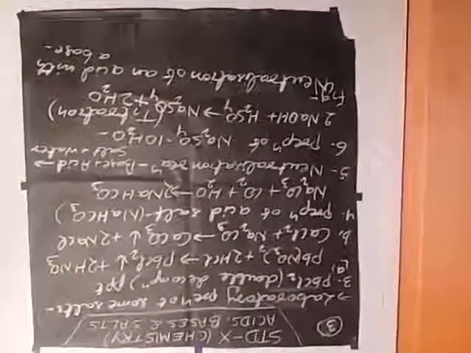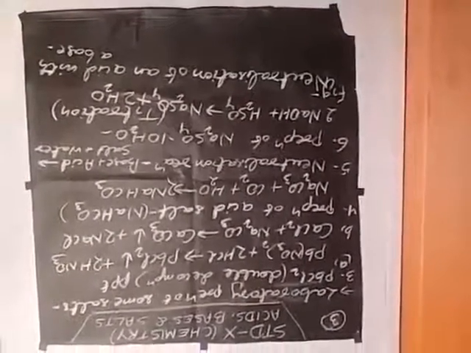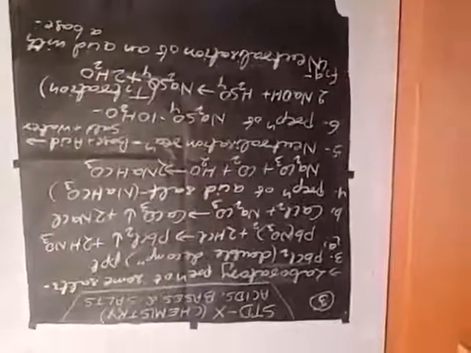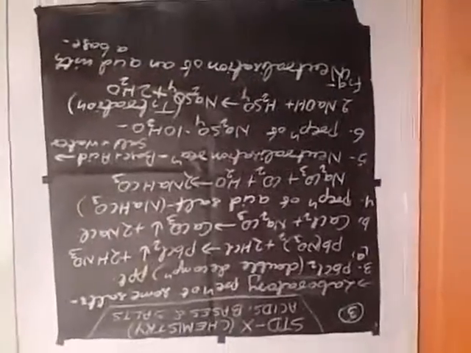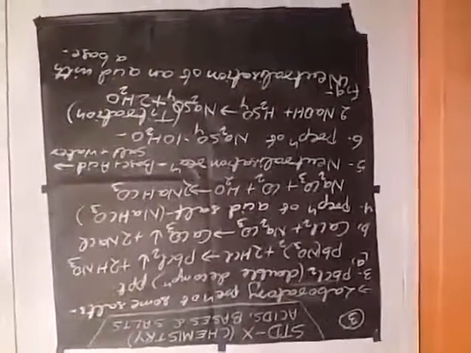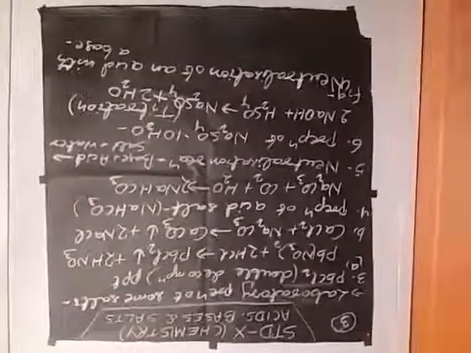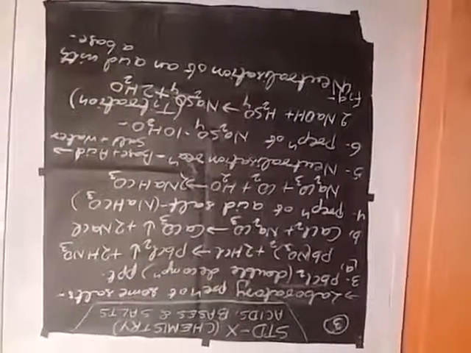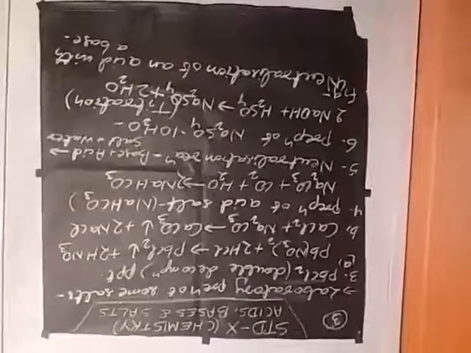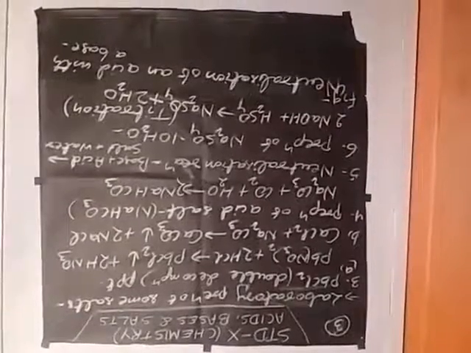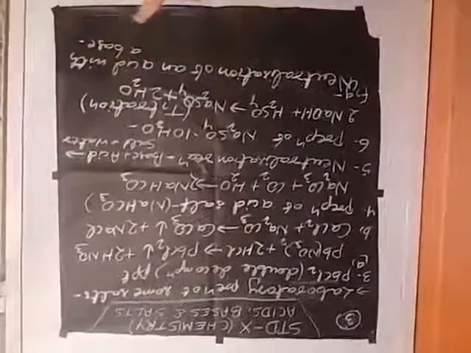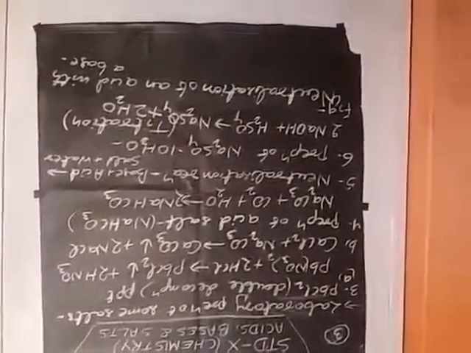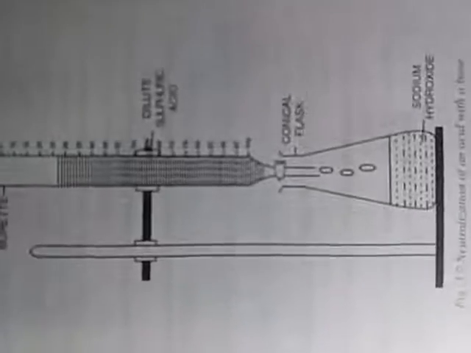Then drop the acid from the burette. When the color of the pink solution changes to colorless, stop the key, then take the reading. That is the point of base reading. Adding acid and base to form a salt and water is known as the titration method, or neutralization of an acid with a base by the titration method with the indicator. Thank you.